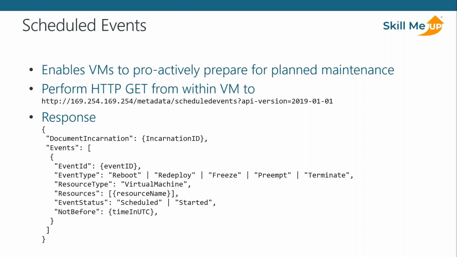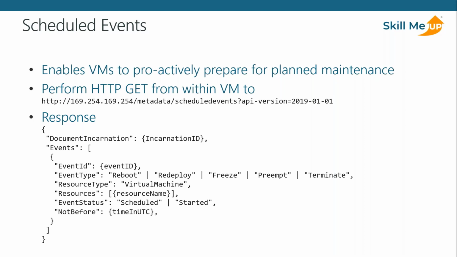The document incarnation is just an ID, so you can see if you've seen this piece of information before. It's just a random number that changes when the information changes, so it's to avoid you having to deal with duplicate information. You can see there's an event ID, and then you get told what kind of change is happening. A reboot is when you're going to stay on the same machine and you're not going to lose the temporary disk. A redeploy is when you're going to reboot on a new machine and you are going to lose